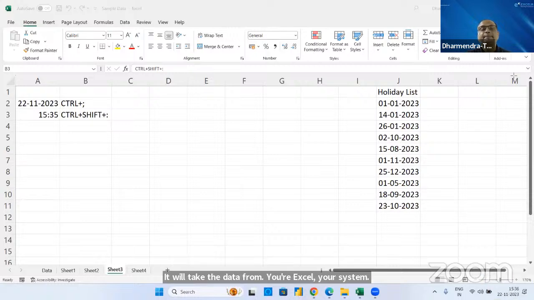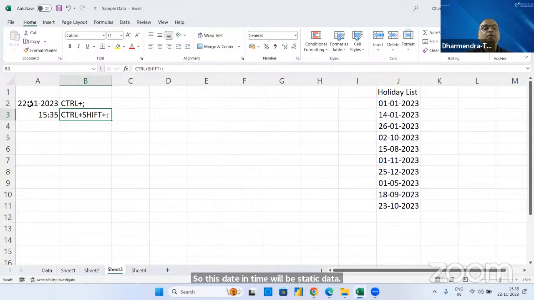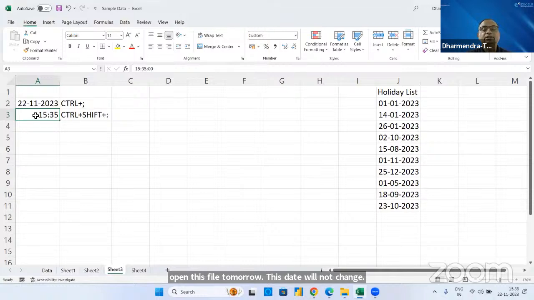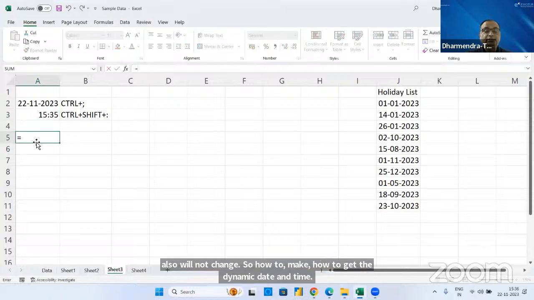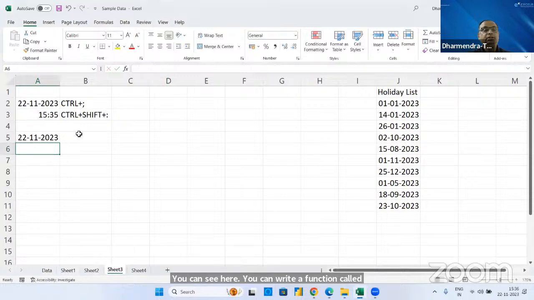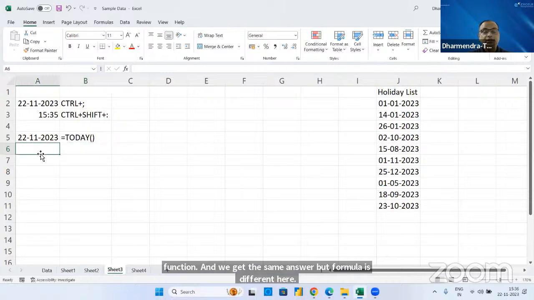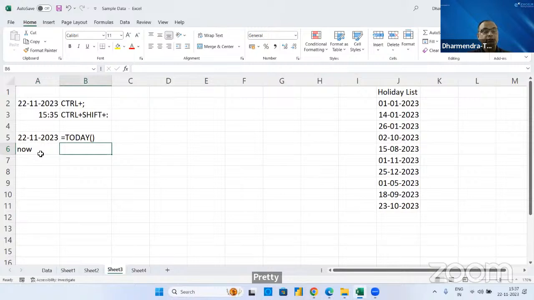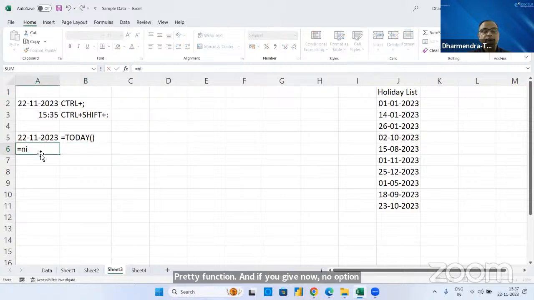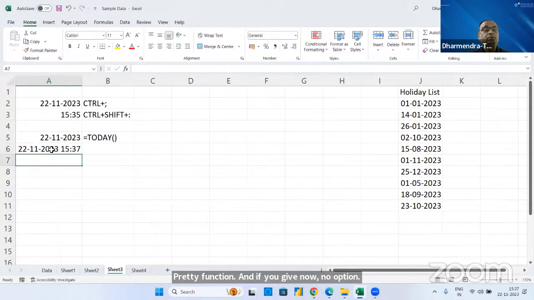Now let's come back. So this date and time will be static date and time. If you open this file tomorrow, this date will not change. Or after some time, even if you do something, this time also will not change. So how to get the dynamic date and time? You can write a function called the TODAY function and you get the same answer, but the formula is different here. TODAY function. And if you give the NOW option,